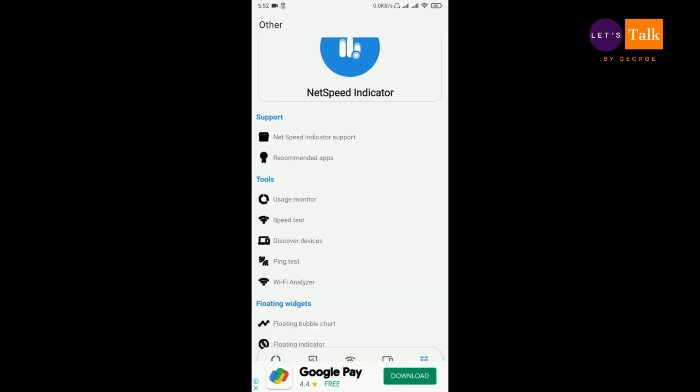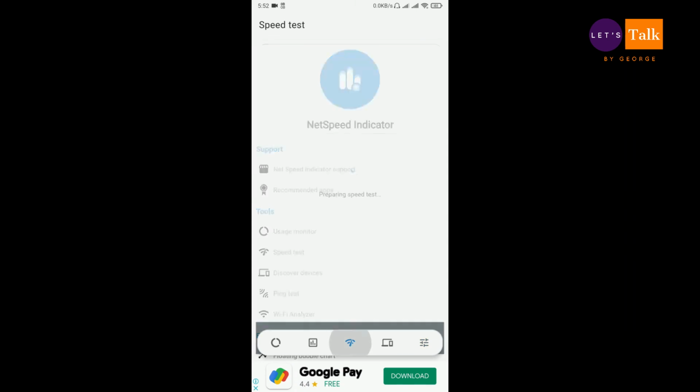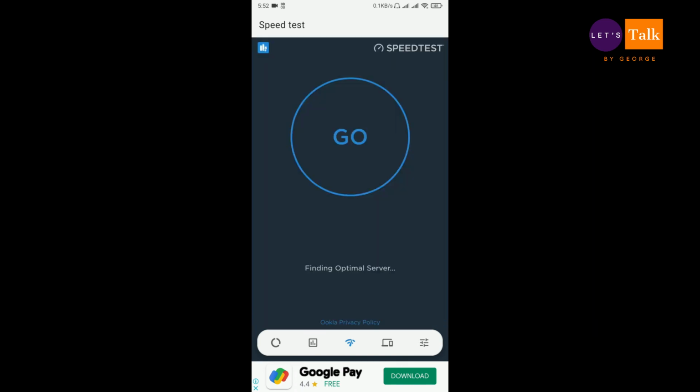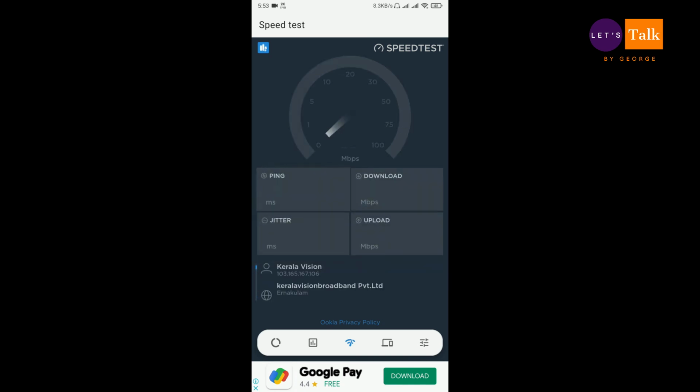Guys, final thoughts about the app. Net speed indicator is useful if you want to measure your internet speed, data usage, how much data you have consumed. Now, my opinion is, if you don't have a net speed indicator, or even if you have a net speed indicator but you wish to know additional information regarding your internet or data usage, please make sure that you use this app. Two reasons why I recommend.